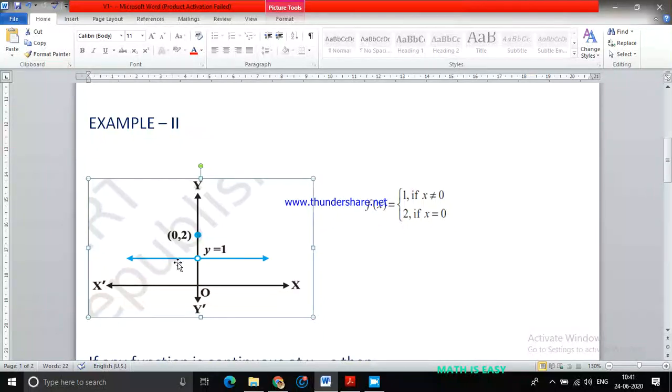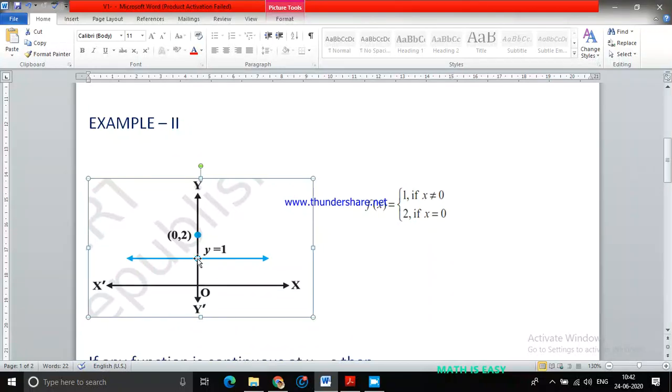So hence here also there is a break. As x moves from minus infinity towards 0, the graph will come from here to here. When the x value is 0, the graph suddenly shifts from here to here. Then after 0, any positive number you take, the graph will come down here. So there is a break at 0. Okay.